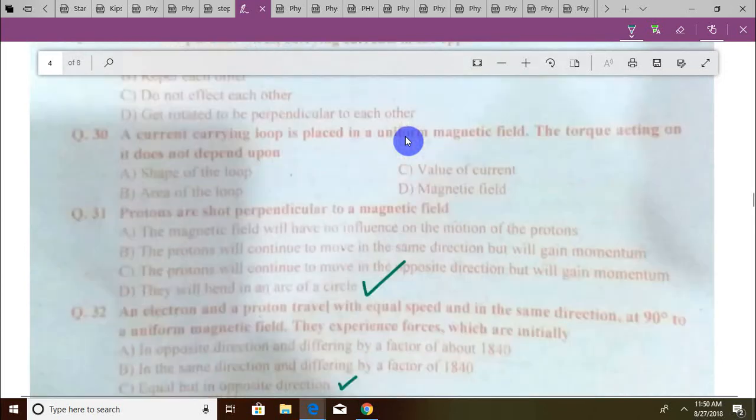A current carrying loop is placed in a uniform magnetic field, ठीक है। The torque acting on it किस बात के इंडिपेंडेंट है, शेप ऑफ द लूप के, एरिया ऑफ द लूप के, वैल्यू ऑफ द करंट के, मैग्नेटिक फील्ड के। फोर्स की बात है ना, फोर्स होती है B इंटू I इंटू L। मैग्नेटिक फील्ड पर तो ज़ाहिर है डिपेंडेंट है, करंट पर भी डिपेंडेंट है, एरिया ऑफ द लूप पर भी डिपेंडेंट है, लेंथ पर डिपेंडेंट, इंडिपेंडेंसी है शेप के साथ।